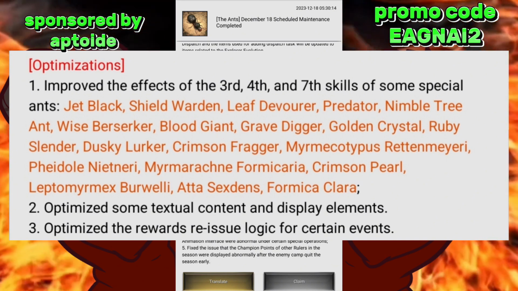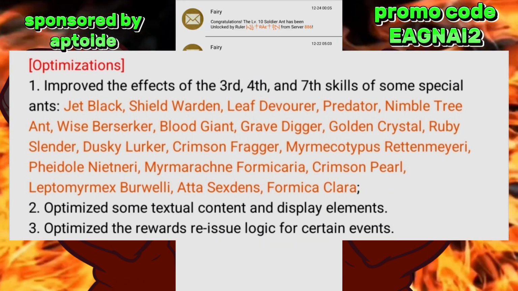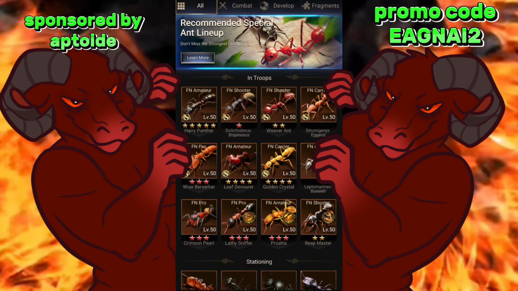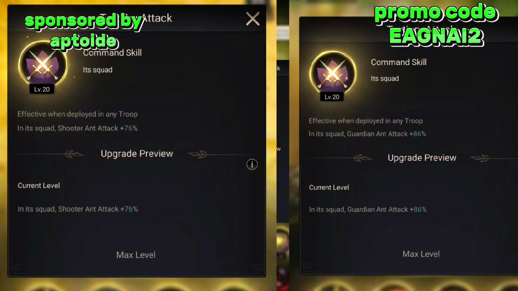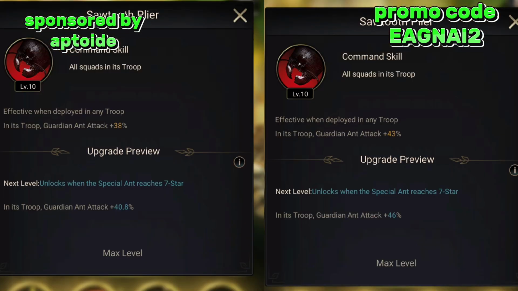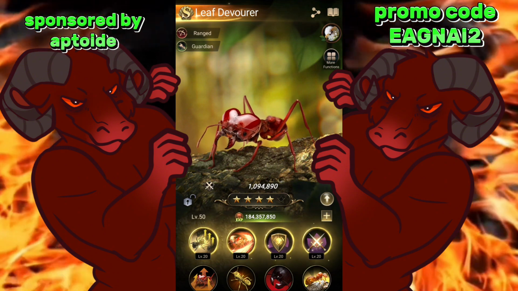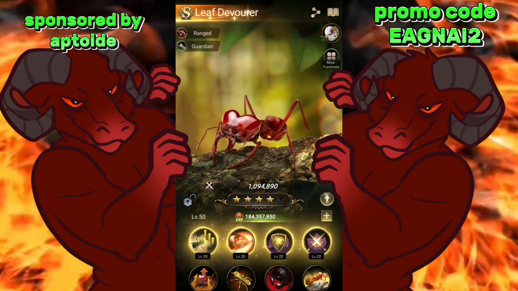So this one I was actually more questioning if some of them would be a debuff. But as you can see, and I'll put it on the screen now, they actually did increase the 3rd, 4th, and 7th skill. All of the ants are relatively the same as far as the actual increase that they did. What's the impact of this? Well,